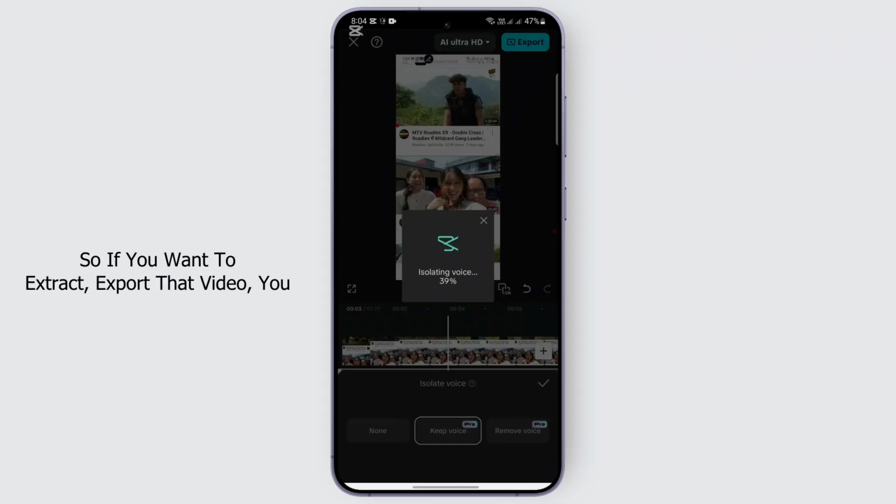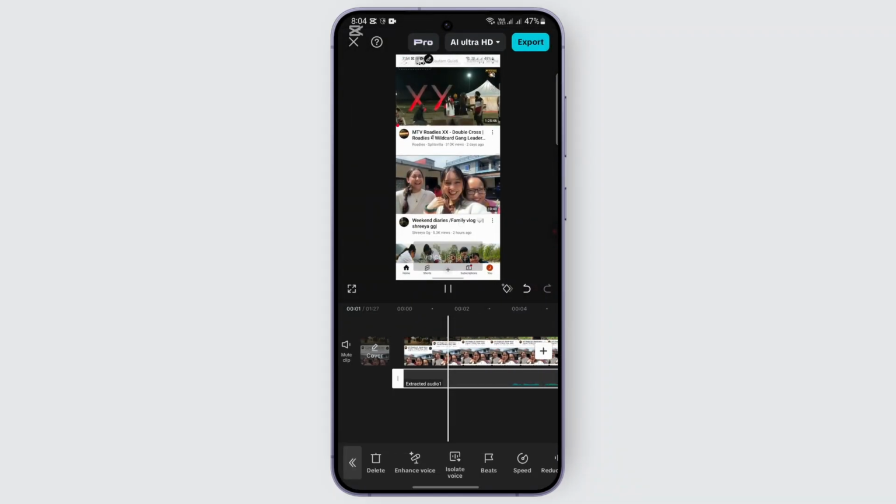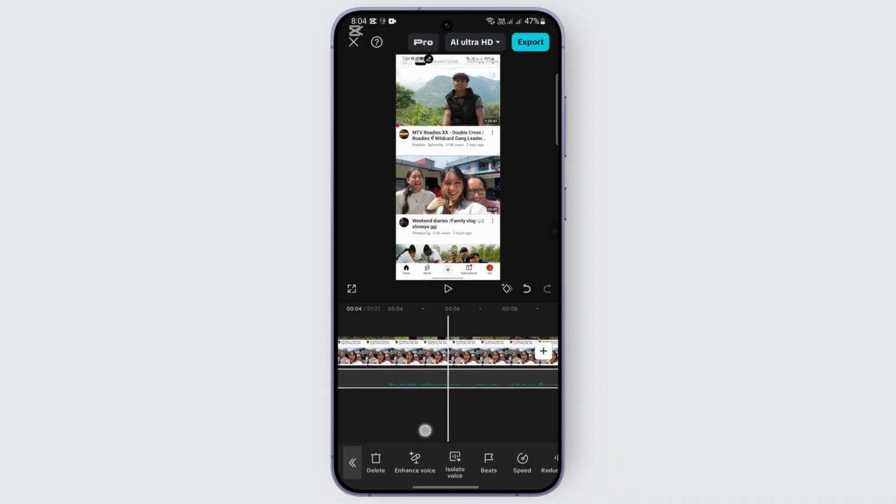So if you want to export that video, you need to understand that it is a pro feature of CapCut. So if you don't have the pro feature, you may go ahead and upgrade to the pro version of CapCut. So that's it. That is how you basically only keep voice